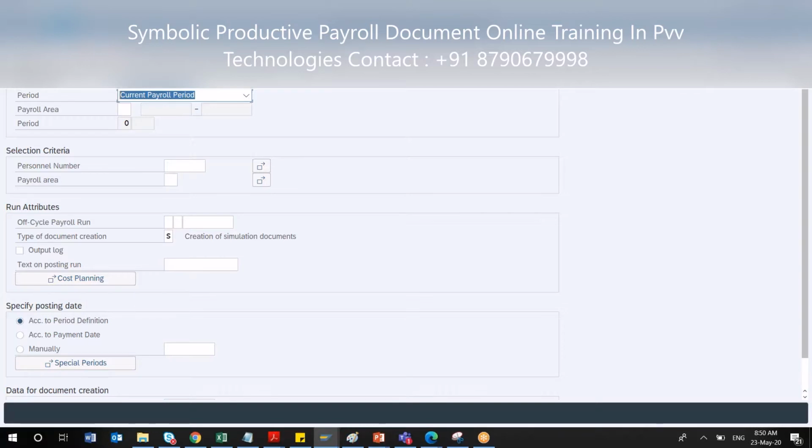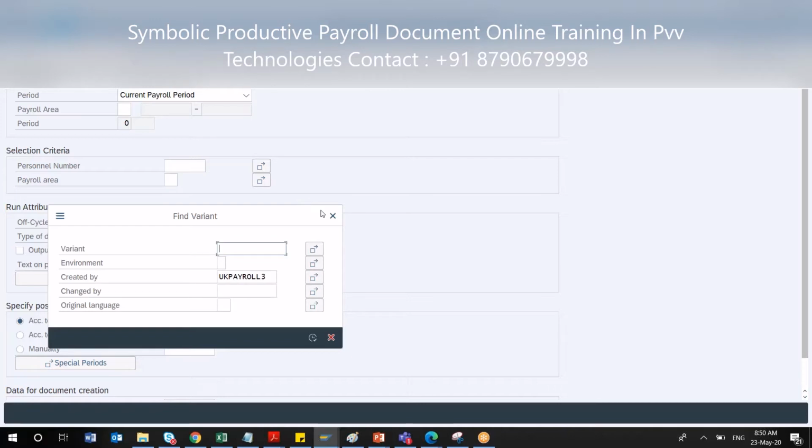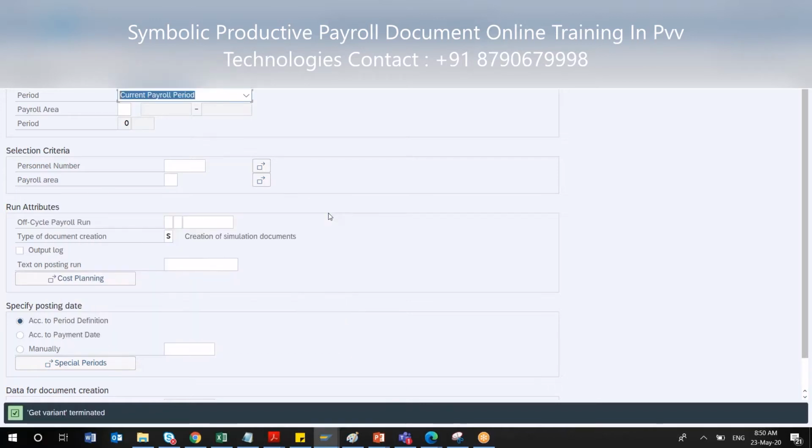If you remember, in the EC payroll sessions I have covered this. At that point of time, we do not have to run this manually. What we have done there is we created a variant for this particular finance posting program, and we maintained that variant in the payroll control center configuration. So as soon as we ran that program, it was running this program in the backend, in your EC payroll system. Now we will be seeing how this program actually runs in the backend.